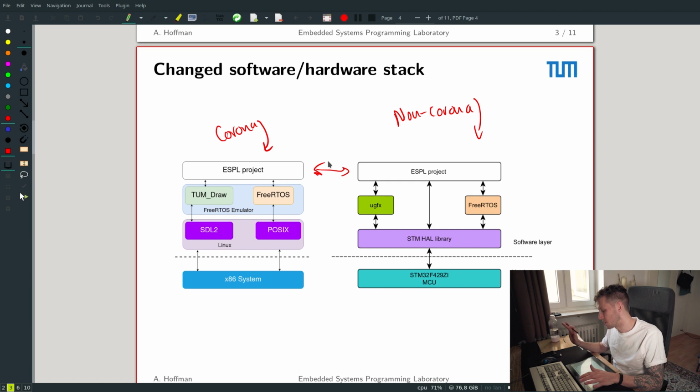Meaning that I should be able to take a student that wrote the code last semester for the embedded boards, do a little bit of changing and get it compiled and working in the emulator pretty quickly, right? So the ESPL project code base should be pretty similar, which is hopefully what I'm trying to achieve with this course, is that